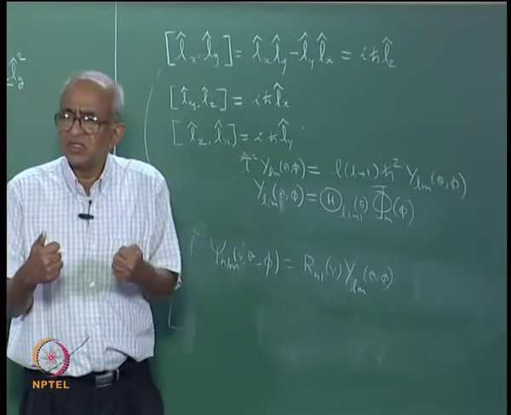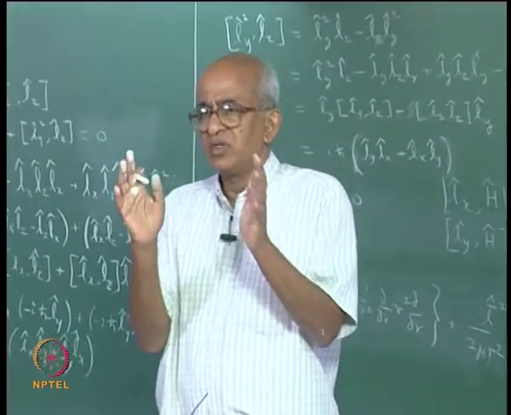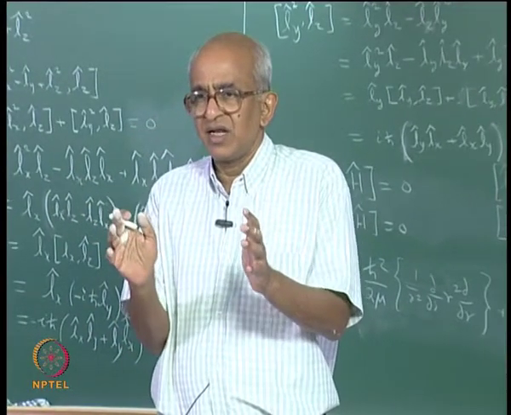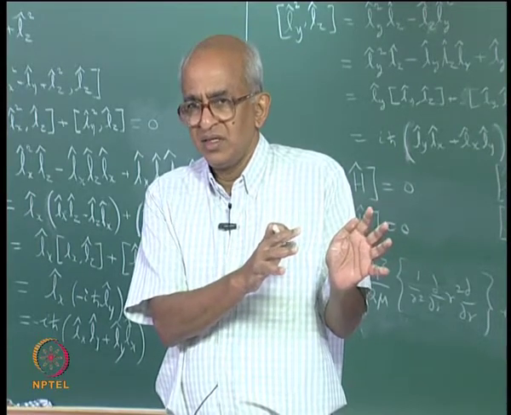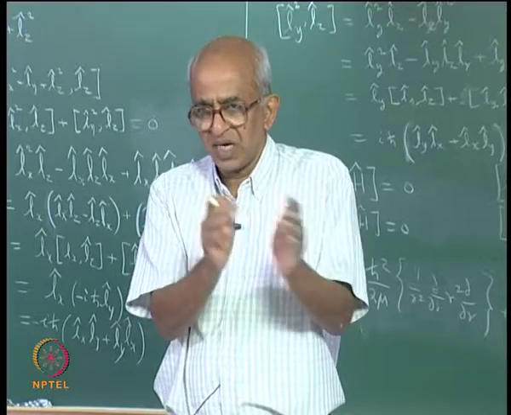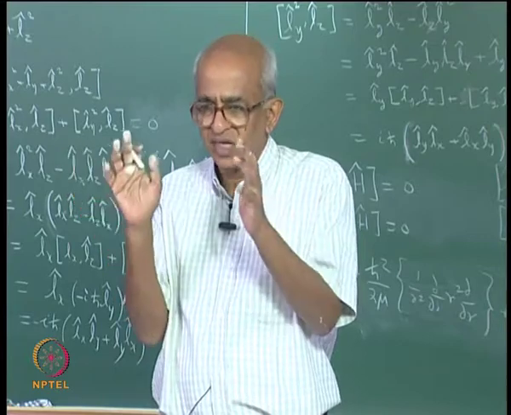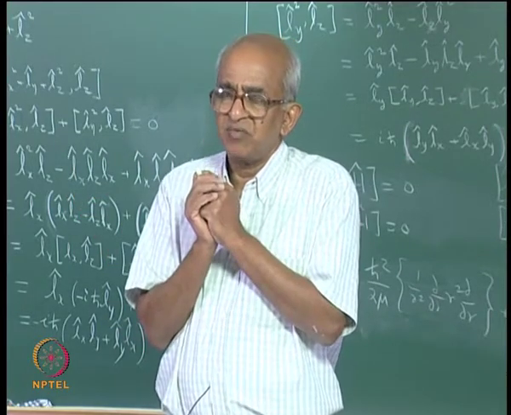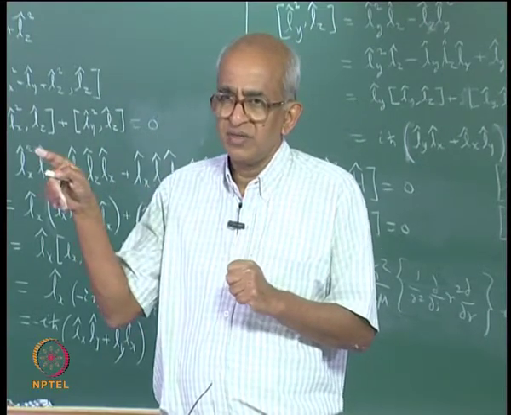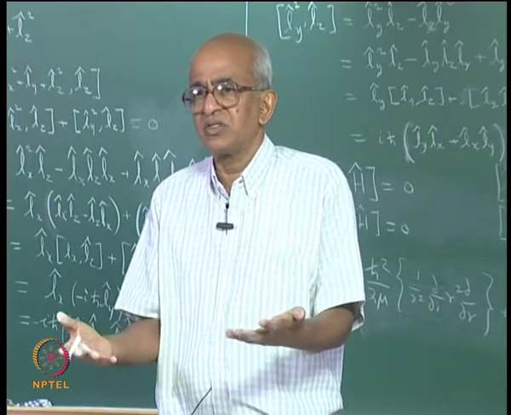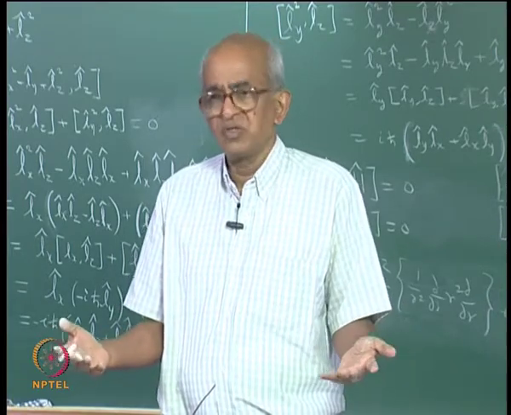So, why am I saying this? The answer is very simple. If L squared operated upon your eigenfunction psi_nlm, what do you get? You get psi_nlm back, but multiplied by l(l+1)ħ². So this actually means that the functions that we have found are eigenfunctions of the operator L squared, and therefore, if I am able to measure L squared, the answer that I get will be equal to l(l+1)ħ².